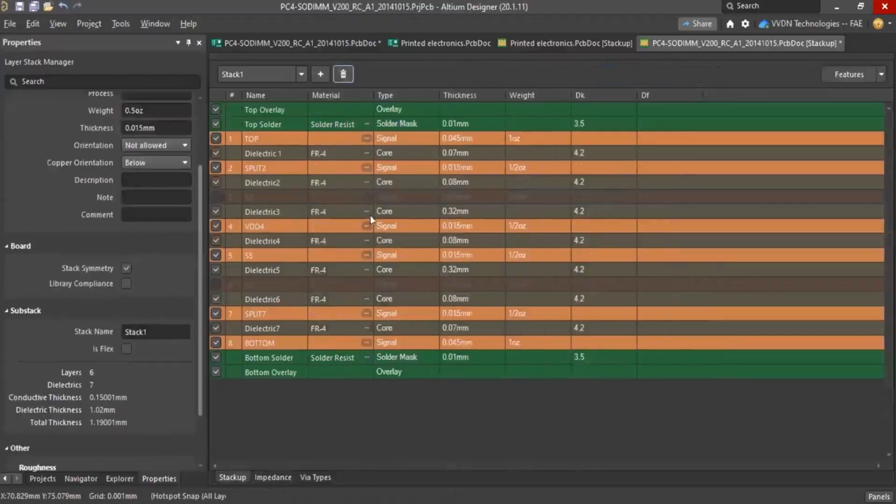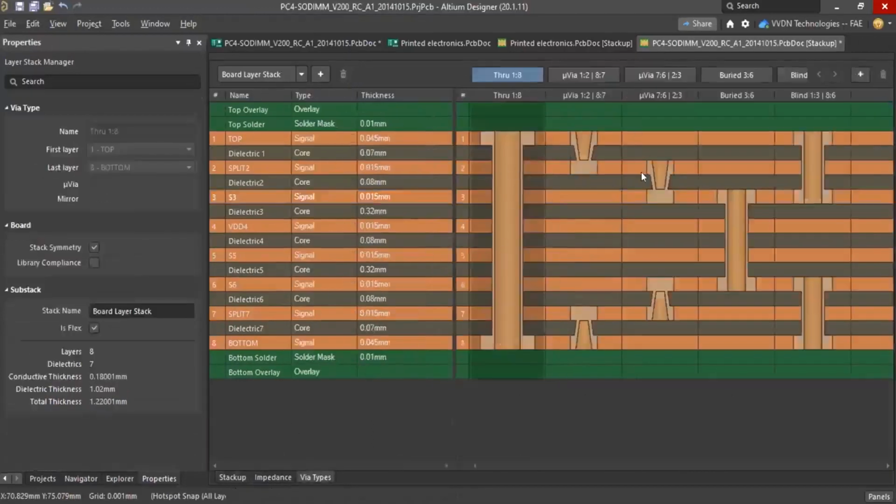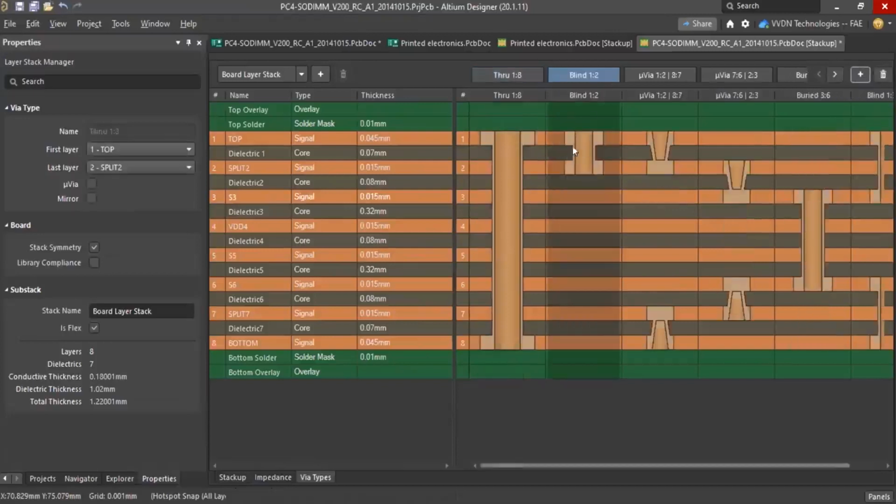Delete this flex because this board doesn't have any. Okay, so in the wire types, we can define through hole wire, and add one more wire. I'll show you. Okay, we have added one wire here by pressing the plus button, and here I can select the layers.